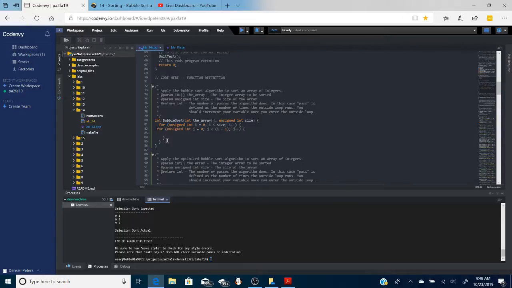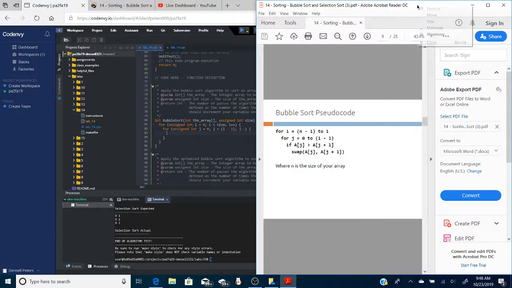So this one won't stop. Notice you start at n, the size of my array. I'm going from n to 1. So the decrement,